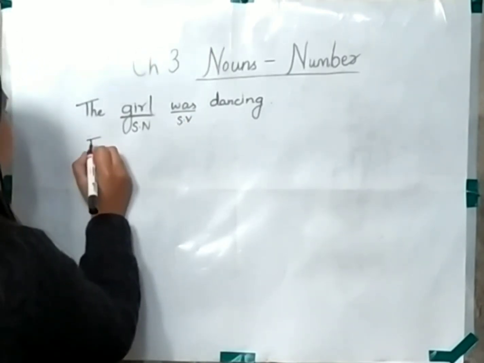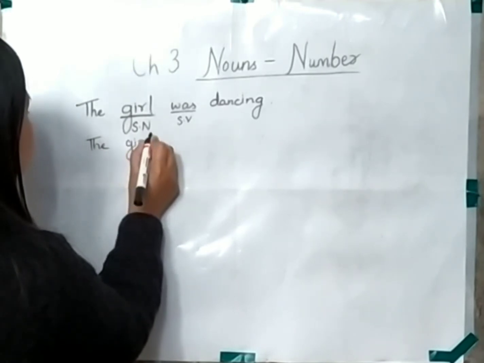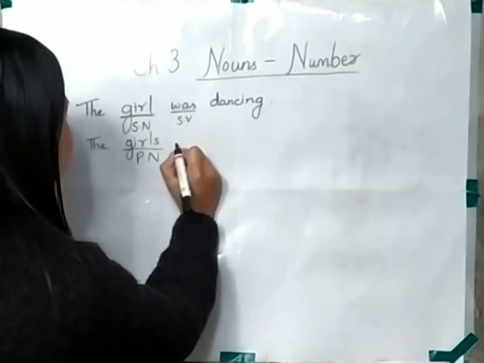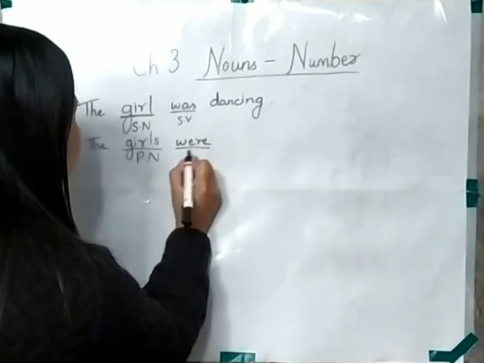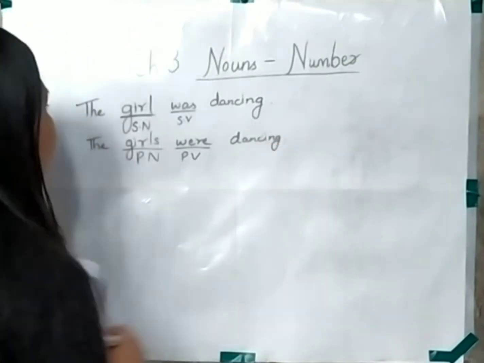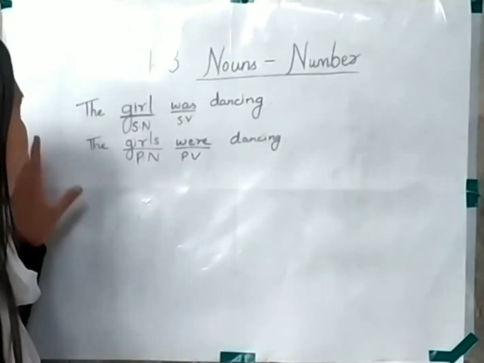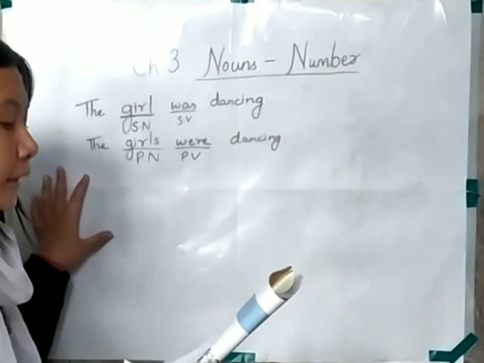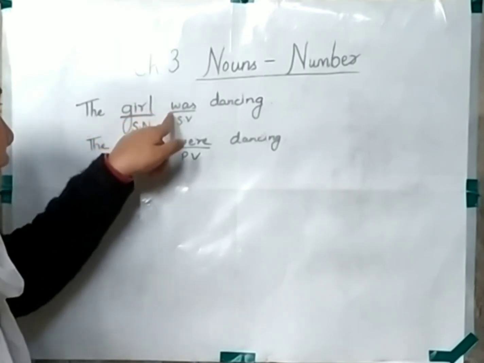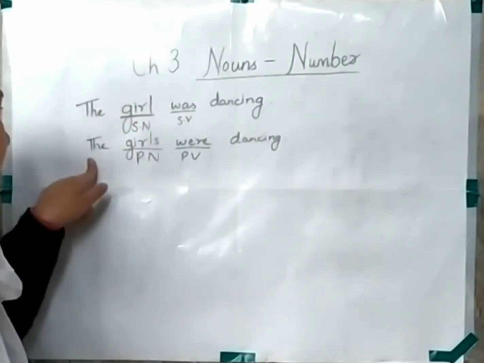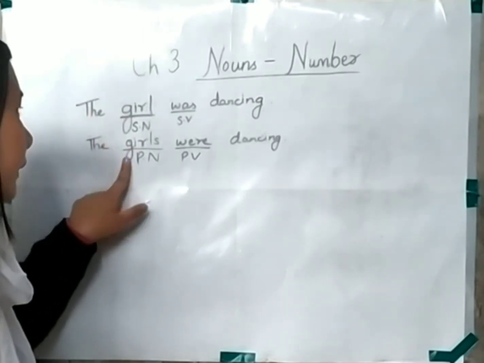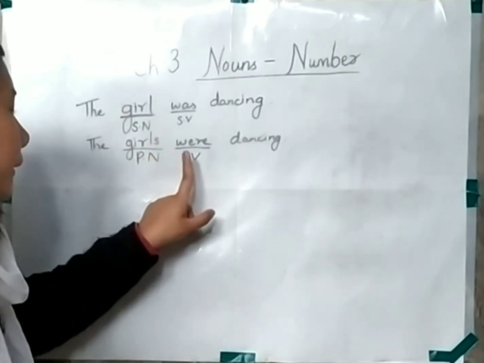But in the second sentence you can see the girl has been changed into plural. That is, this is a plural noun. Hence the verb has also changed into plural. This is a plural helping verb. This example is visible even in your book: the girl was dancing. There is a singular noun, followed by a singular verb. But in the second example the singular noun has been changed into a plural noun. Girl has been changed into girls, and this plural noun is followed by a plural helping verb, that is,